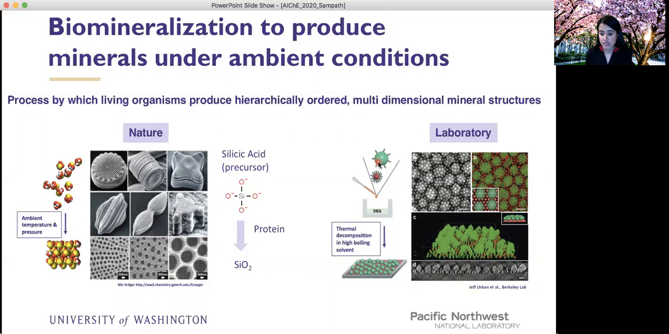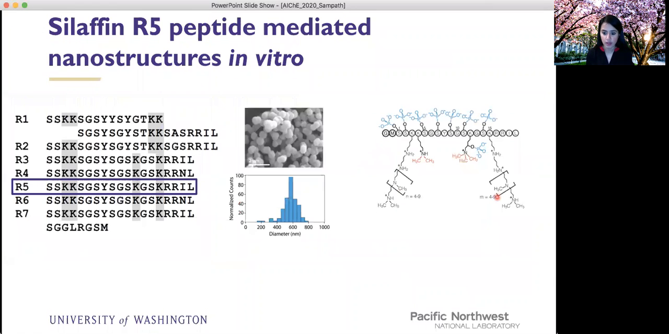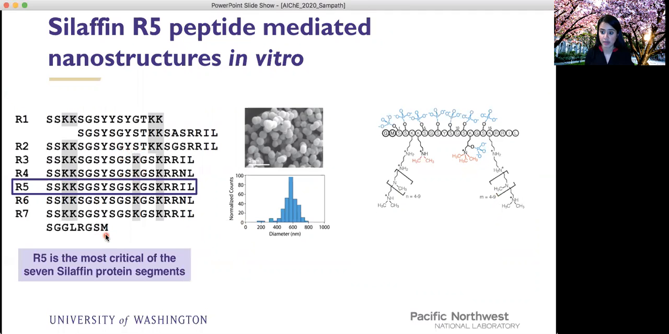In contrast, state-of-the-art techniques to manufacture well-controlled nanostructures in the lab involve high-temperature solvents, and this process is often energy-intensive and harmful for the environment. And so people are constantly thinking of ways to make this process more efficient while maintaining good control over the mineral morphology. It was discovered that in diatoms, the silafin protein with 7 peptide segments was responsible in mediating the